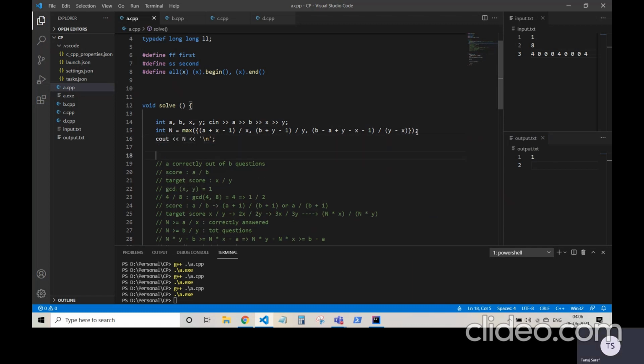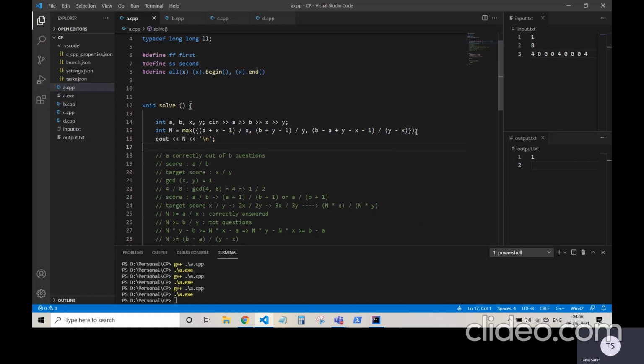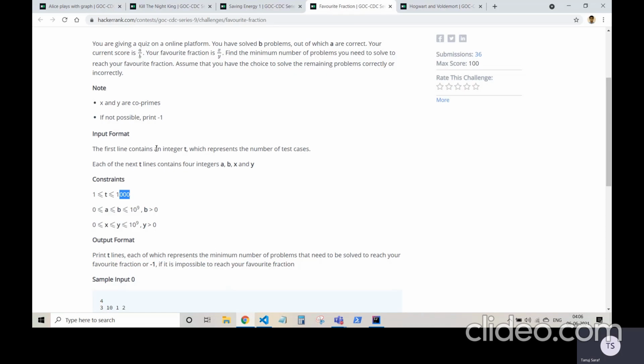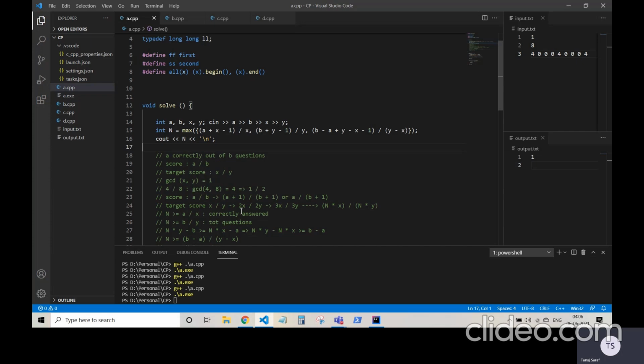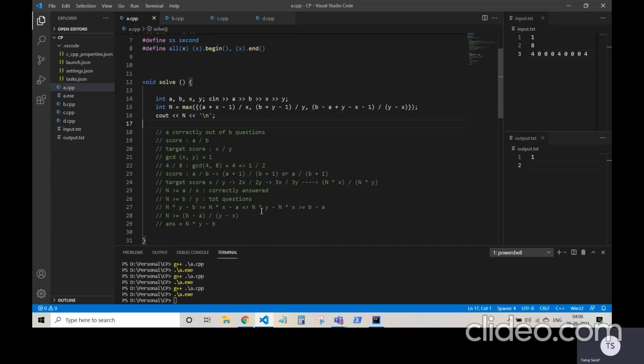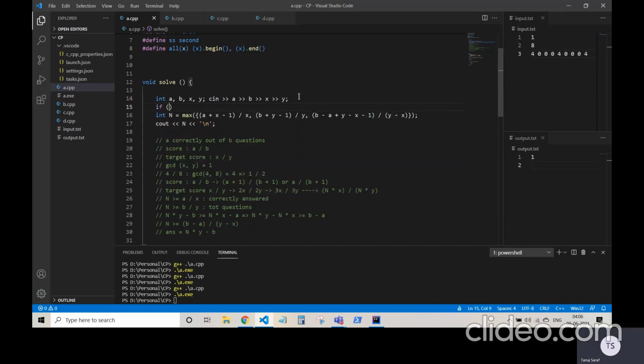But we are not done with the problem yet. Now this is a tricky problem because this involves a few corner cases that we have to take into consideration, right? So you can see that we are dividing by y minus x. So a quick corner case that comes to mind is, what if it is 0? We cannot divide by 0, right? So we need to take the case if y is equal to x.